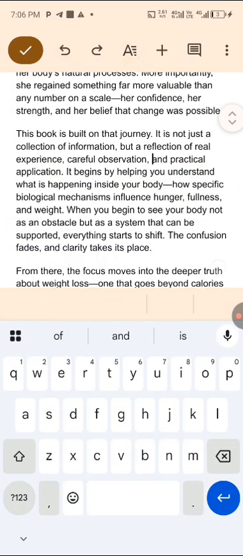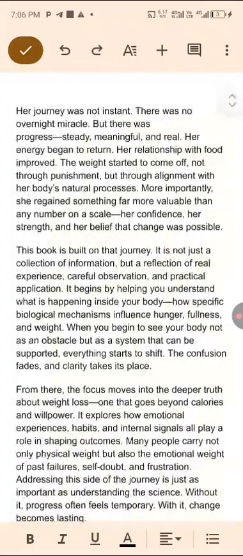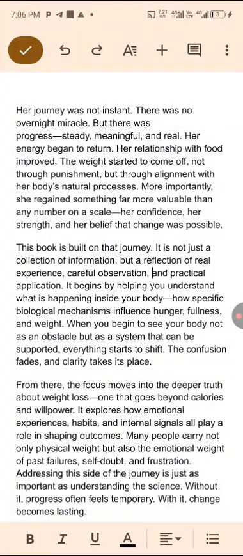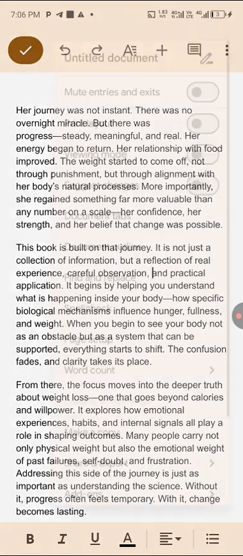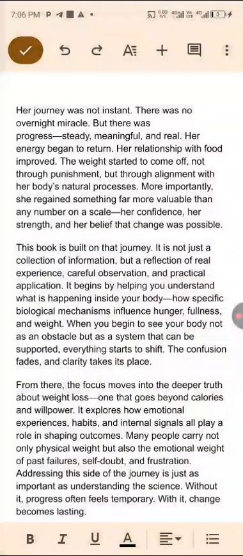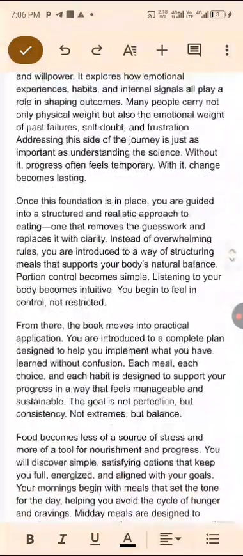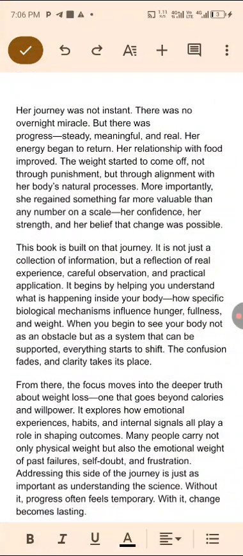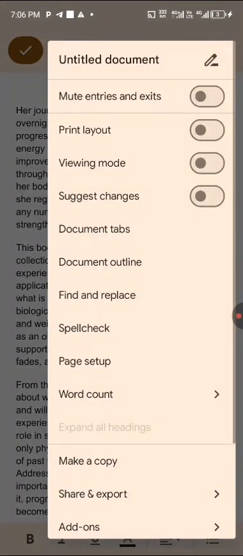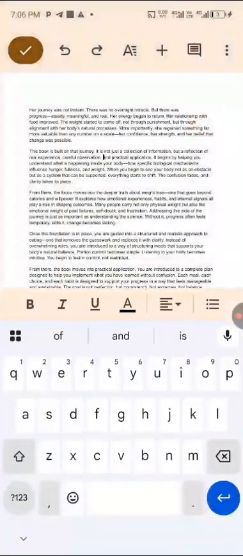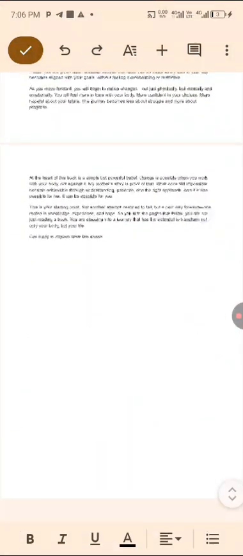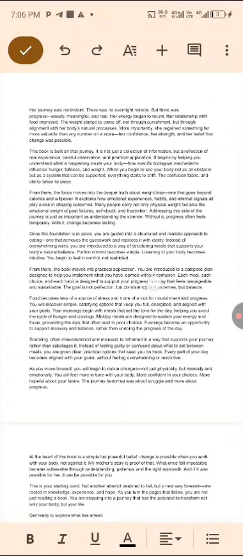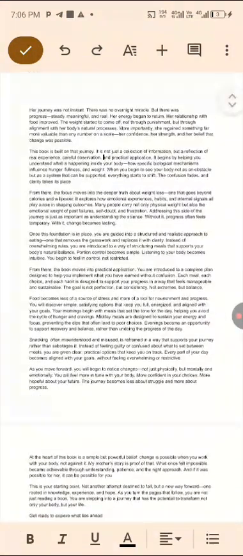So good. So let's say when you are editing your document, you want to put it in print layout. You want to put it just like when you are browsing on your Chrome, and you want to put it in desktop side so that you'll be able to view all the things there. You'll be able to see it well. So look at the top right corner of the screen. I tap on it, then click on this print layout. Can you see? So it will expand the document